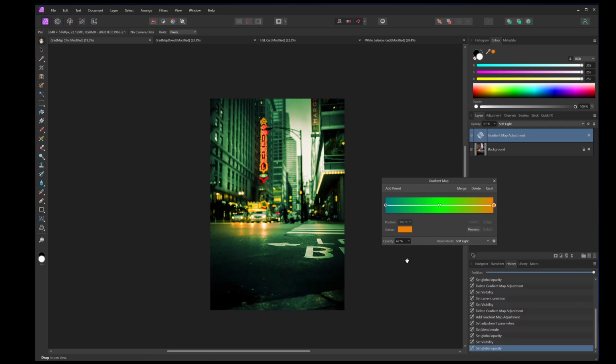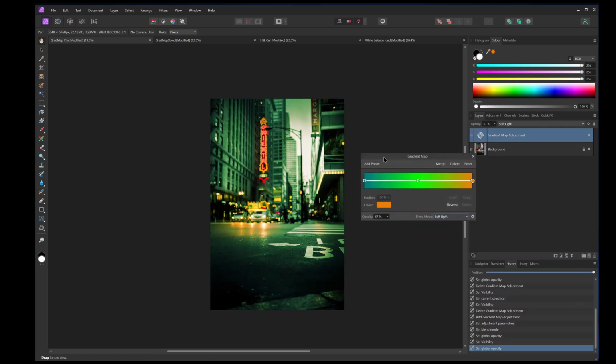The nice thing is, once you've done this and you're really happy, you can say, all right, I like this. You can actually save it. So you can say add preset, and I'm just going to call it Fred for want of a name. Hit OK. And what I've never really understood is why you haven't got an option to load a preset here,